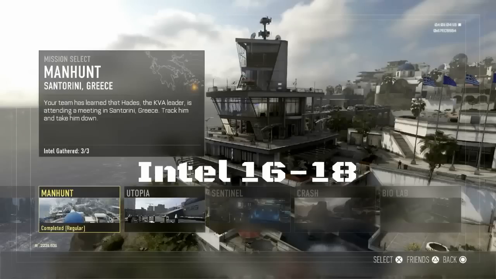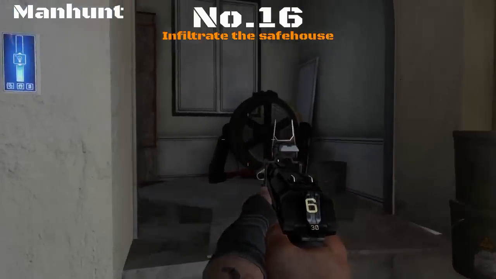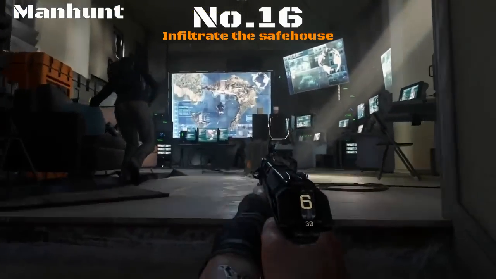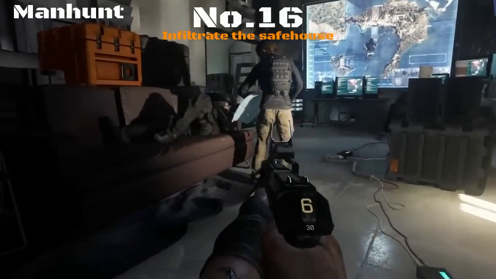Hello, and this is for the mission Manhunt. It's to show you how to get your next set of intel items. So number 16, your objective here is to infiltrate the safe house. So after you follow her up the stairs while she